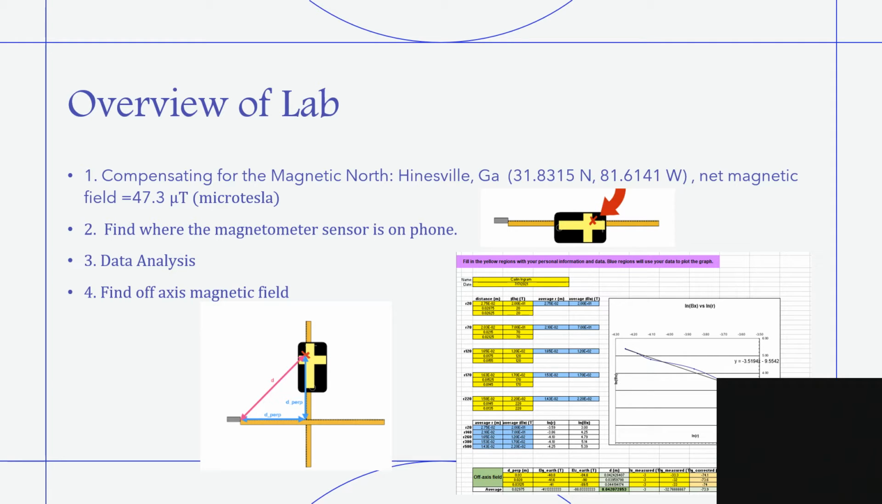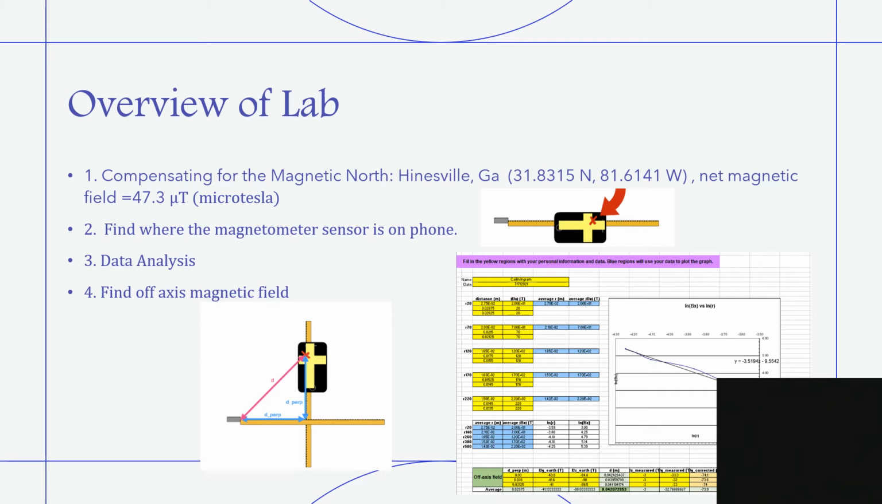Next was finding where the magnetometer sensor was on the phone. In order to do this, I positioned the phone along the perpendicular tape and moved it until the absolute value of the y component was at a minimum and the x component was at a maximum. Next, I placed the tape where the bar magnet and the location on the tape aligned and placed that tape on the phone. Then I rotated the phone about 90 degrees